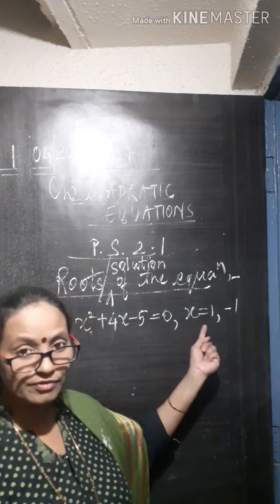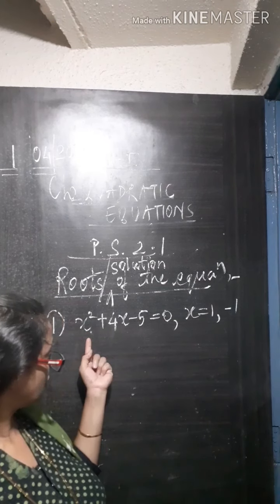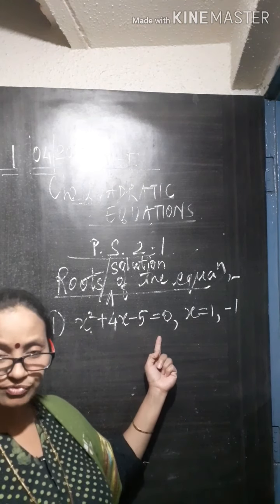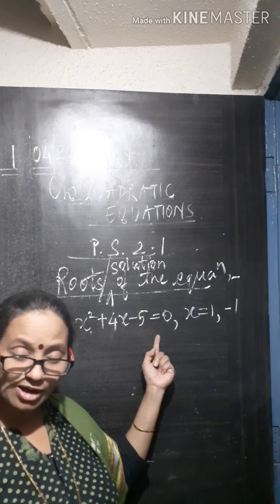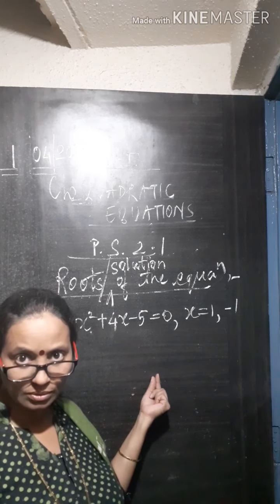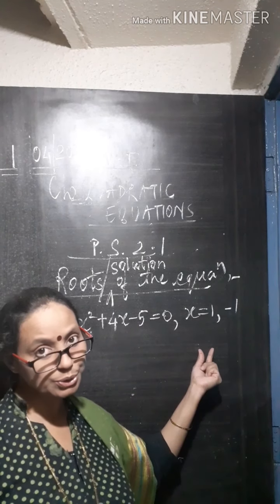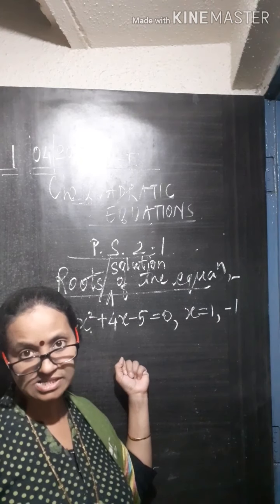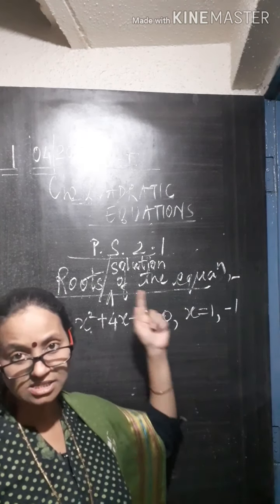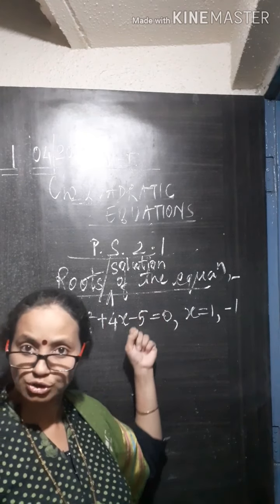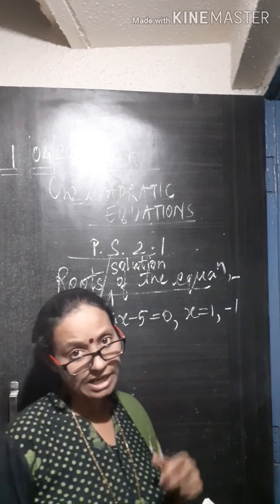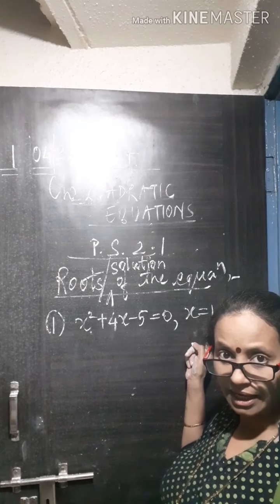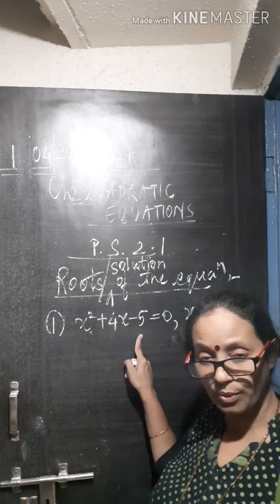That means whatever value of x is given here, if I put the value x equal to 1 in the equation wherever x is there, if I get the value equal to 0, that means the left hand side will become equal to right hand side. That means that value satisfies the equation. And if it satisfies the equation, then we call that value the root of the equation or solution of the equation. So shall we check whether this particular x is equal to 1 satisfies the equation or not?